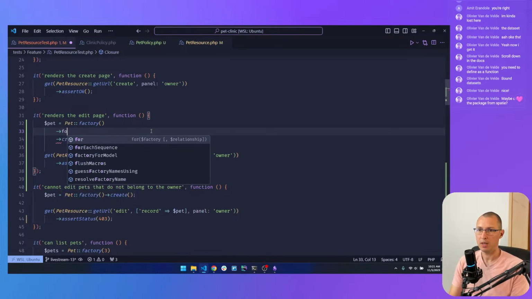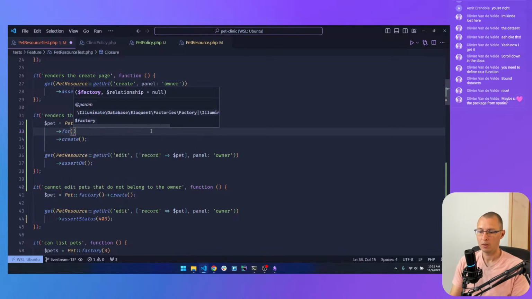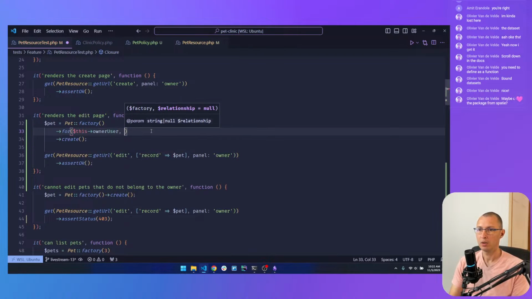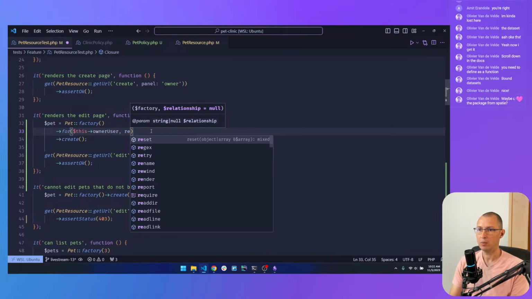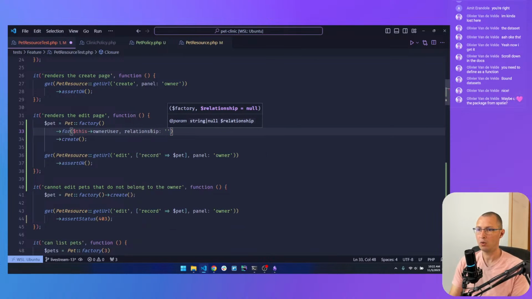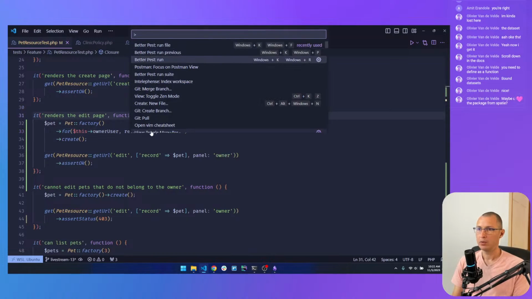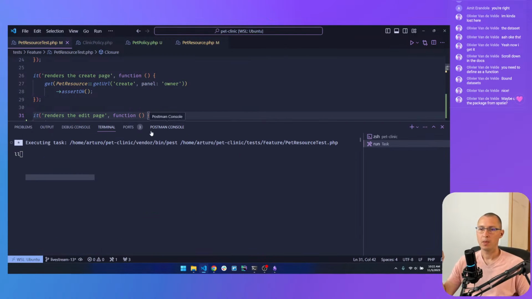So let's change that. Let's use for this owner user, and the relationship is called owner. So let's run the file again.